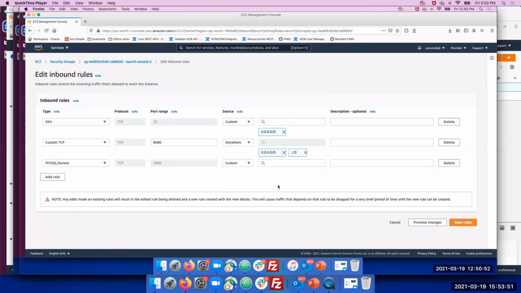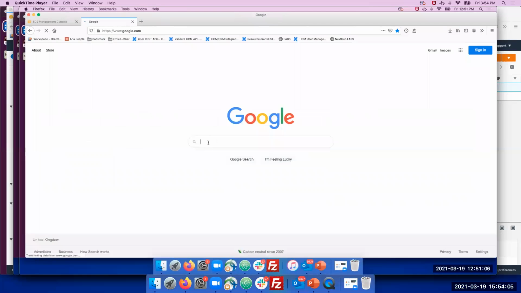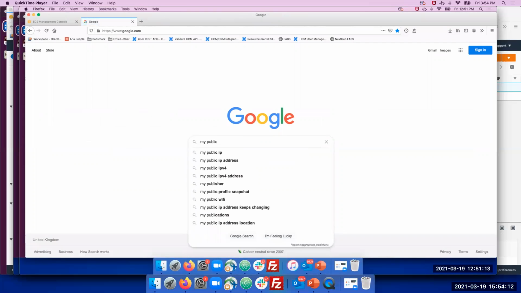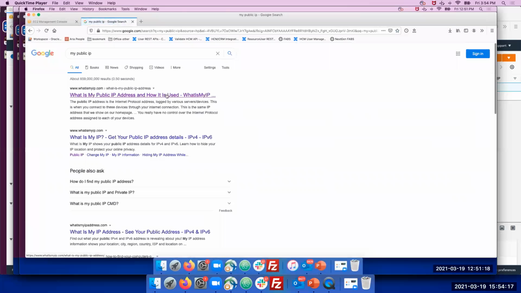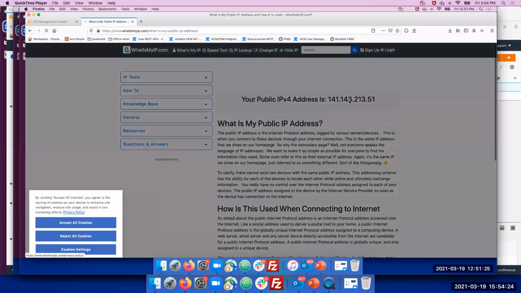So how do we find the public IP? In Google, we can type get my public IP, and we can find it from there. Okay, this is my public IP.